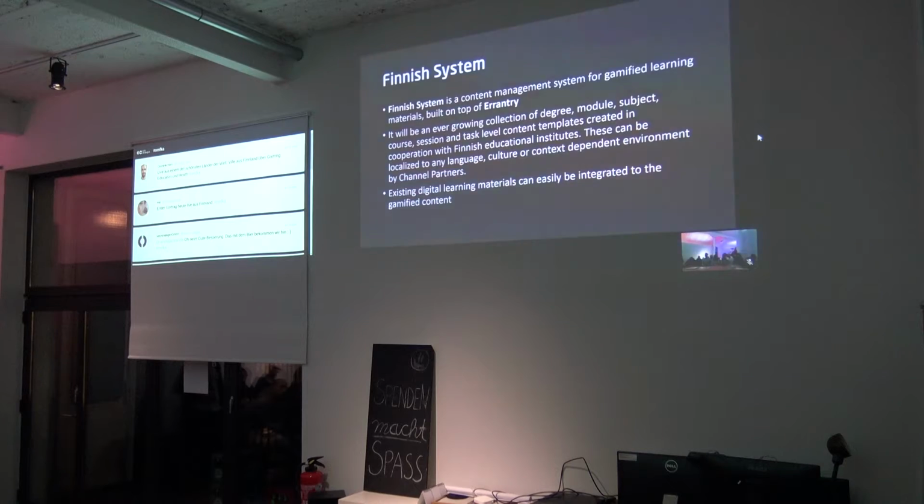So what we have planned on top of Errant is this content management system for gamified learning materials called Finnish system.